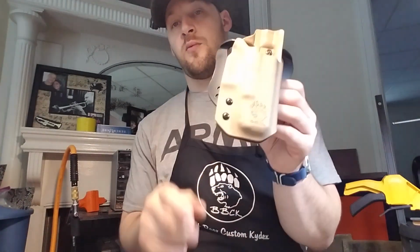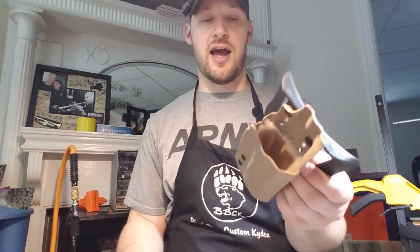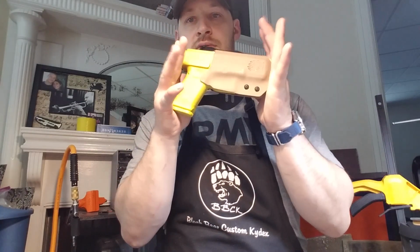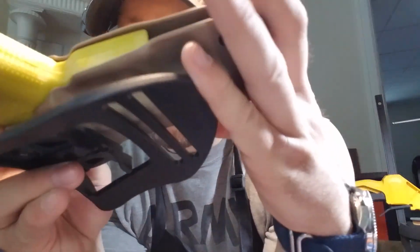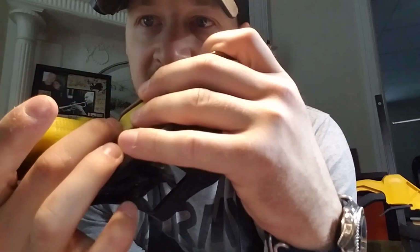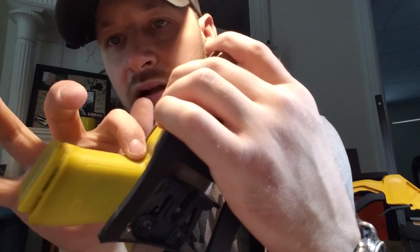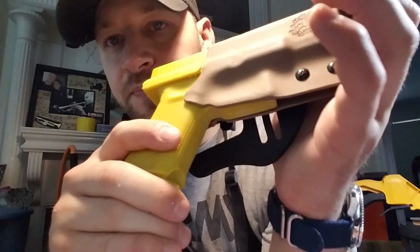But why it looks this funky is just kind of how the project turned out. I didn't set out to make it super funky or anything, but check this out. If you look at the actual fit, right up into all these grooves, the G19X has a little bit more of an aggressive groove right here behind the bottom of the trigger well, and